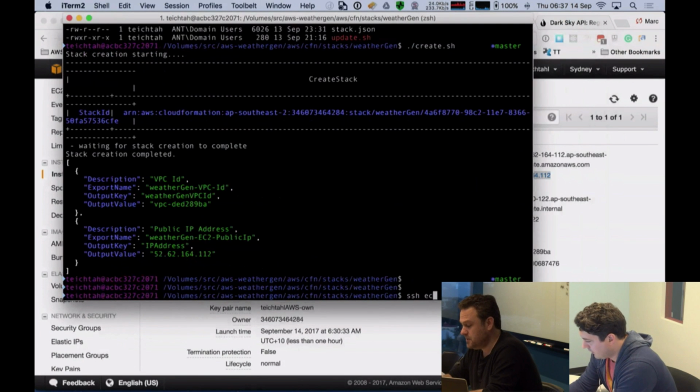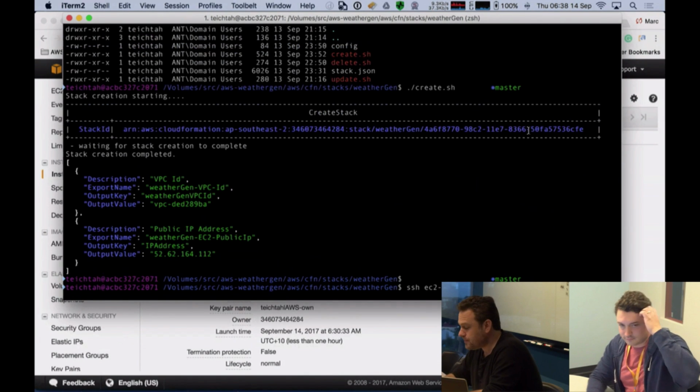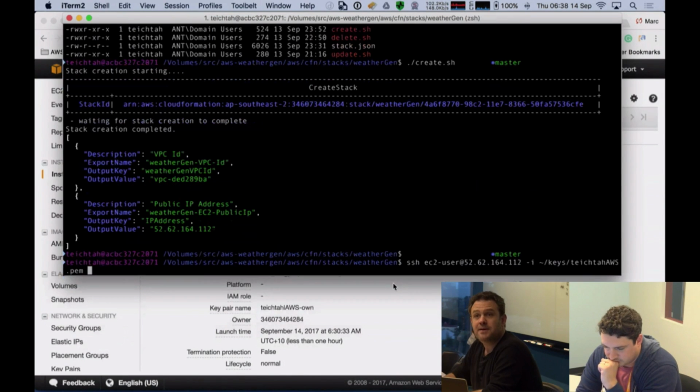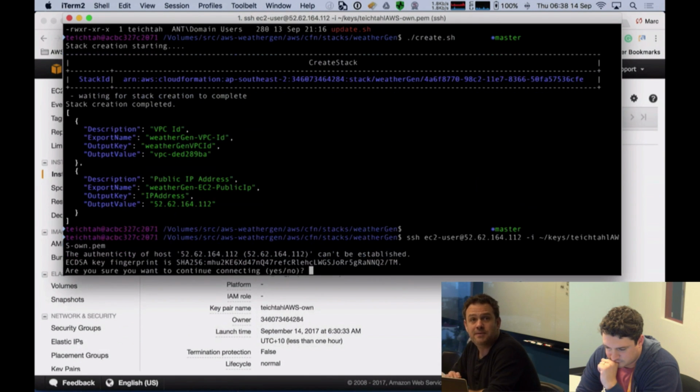I'm going to SSH. I'm going to use the standard EC2 user name. I'm going to pop in the IP address, and I'm going to provide a -i, which allows us to define which key we're going to use for this identity. Now, I happen to keep all my keys locked away in my home directory /keys, and over here I can just specify the key, and of course I can't see what I'm doing properly, so let me open this up. I'm going to get the right key, which is this one, and I will be able to log in.